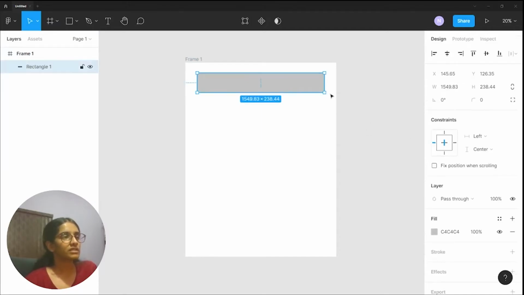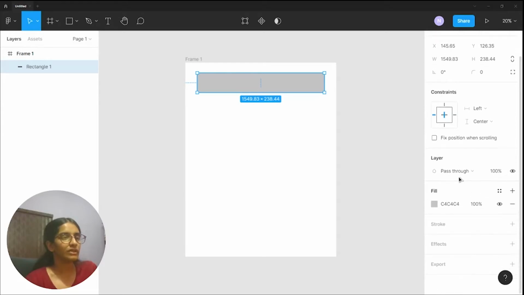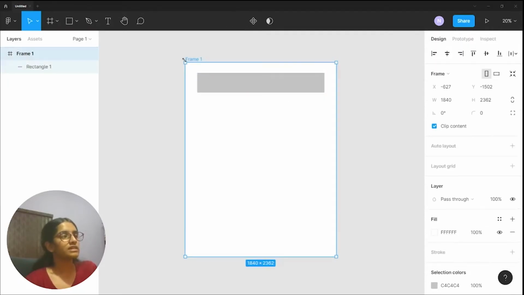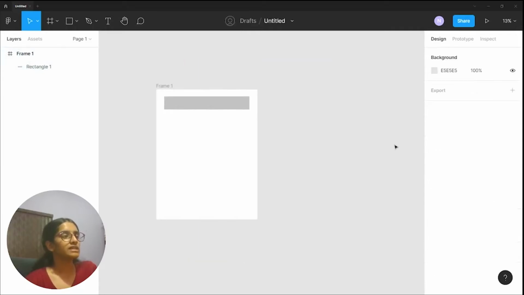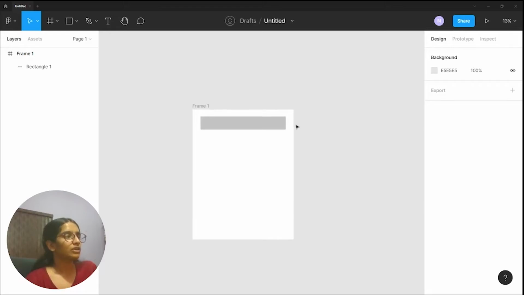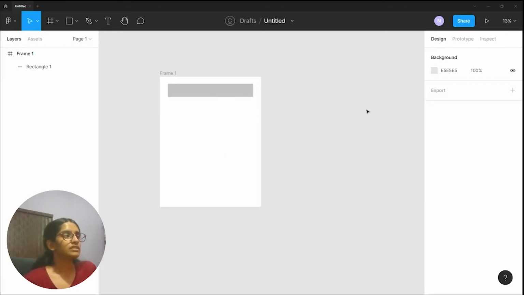Fixed positioning while scrolling is another feature that we'll be talking about later in the upcoming videos. But yeah, so you've got the essence of how elements are placed inside an artboard, inside a frame, and how to use them. So the next thing would be to talk about prototyping. Prototyping is basically adding an interaction, switching from one screen to another, and all that is pretty simple. Let's quickly cover that as well.